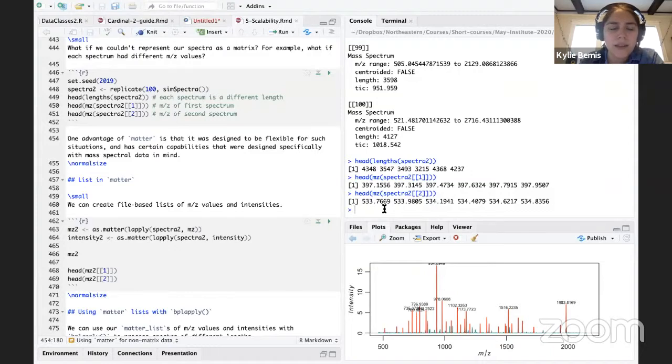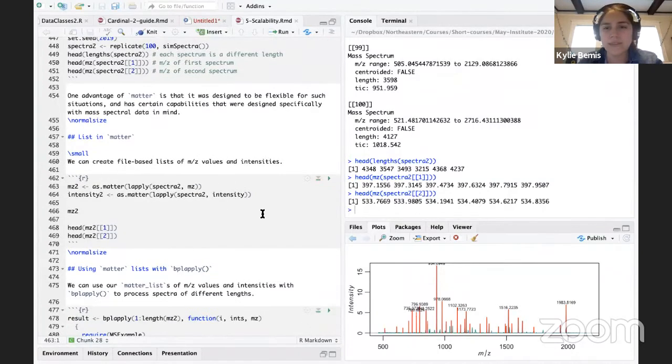MZ list. And we want to do that in Cardinal because we need to be able to quickly index into the rows of the matrix so that we can create images. Sometimes that's not as fast as we'd like because of how imzML is stored, but it is a way that lets us reconstruct the image without